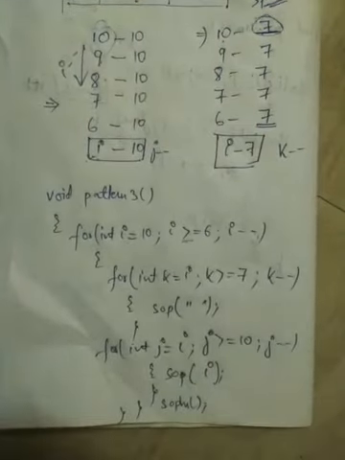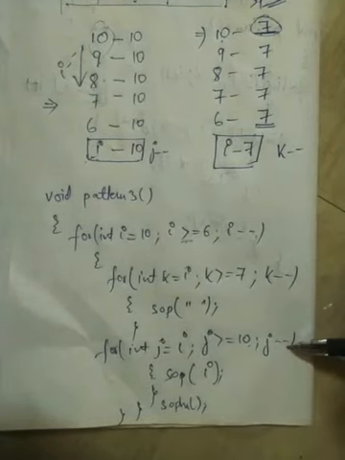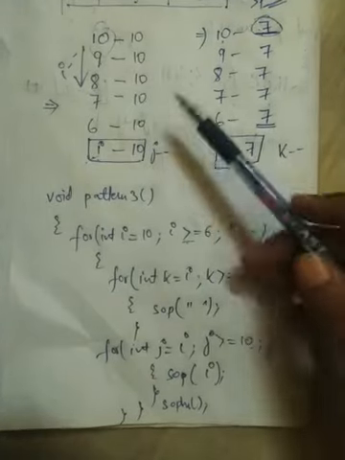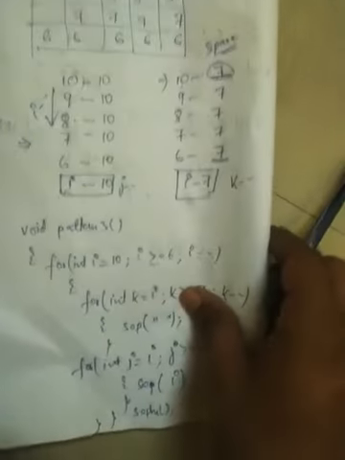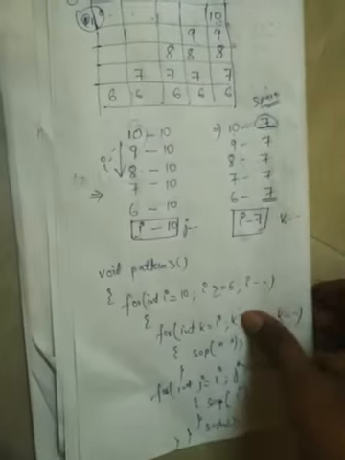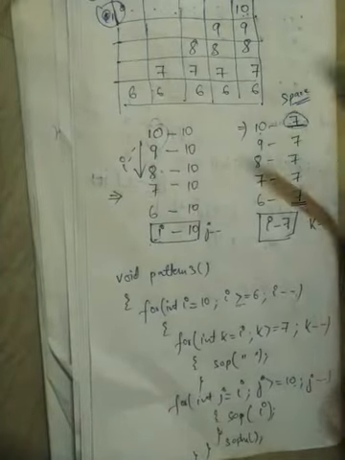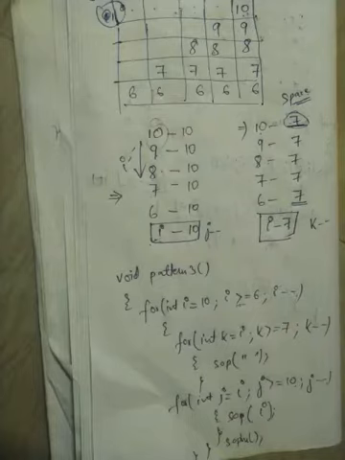This is how we will be. You can see the J loop: J equals to I, J greater than equals to 10, J minus minus. Then we'll write SOP I and SOP ln after that. Okay, we have I to print now. Here we have 10, 9, 8, all these are the I values. Yes or no? If you see here, we have the I values here: 10, 9, 8, 7, 6, all these are the I values. We'll print the I values. Okay, this is how we'll be doing number 3.